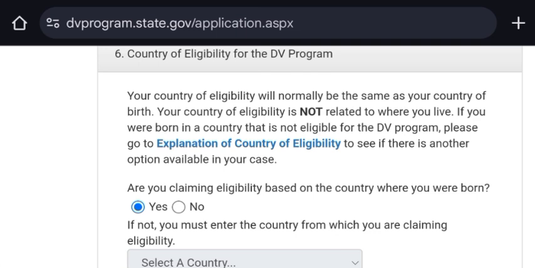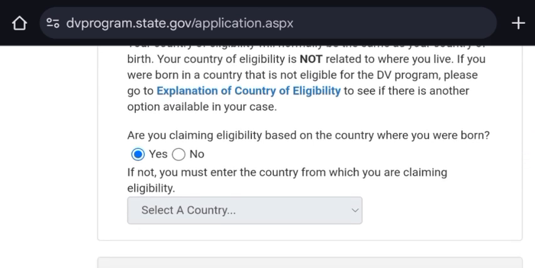If you were born in a country that is not eligible for the DV program, please go to explanation of country eligibility to see if there is another option available in your case. For example, this year in Africa, only Nigeria. Nigeria is not listed on the country eligible for this DV program.